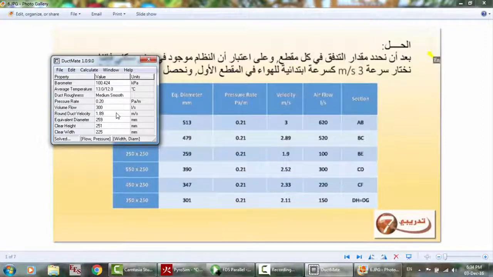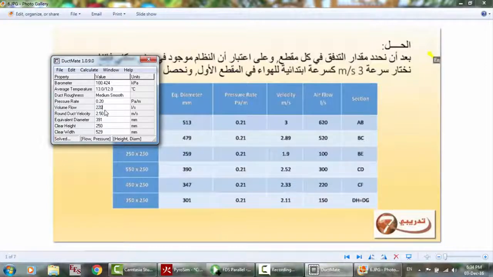Look, 2.5, 391. Yes, here the equivalent diameter, and here 250, and look, 529, and here is larger. Okay, it is larger due to the available products in the catalog, and you are allowed to increase this width if this is not available. Okay, and so there is no problem here in the numbers. And 220,